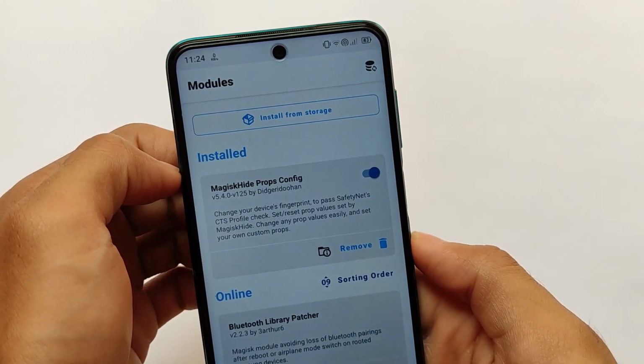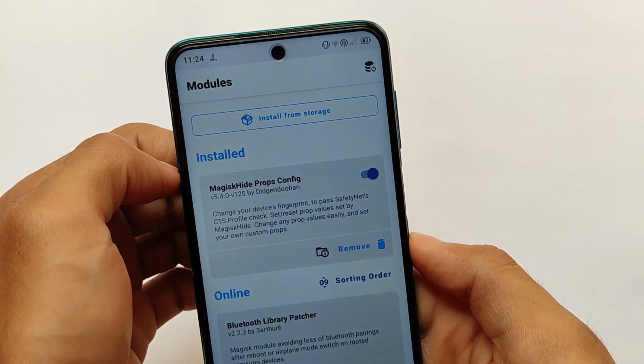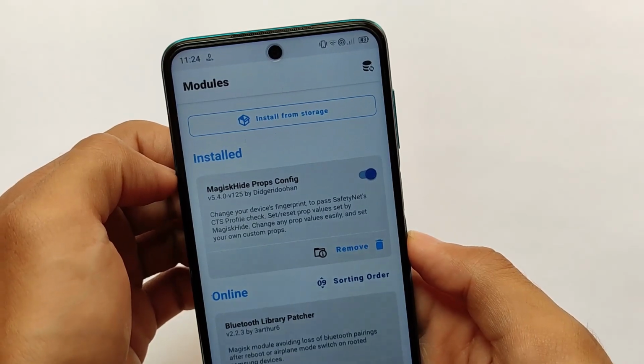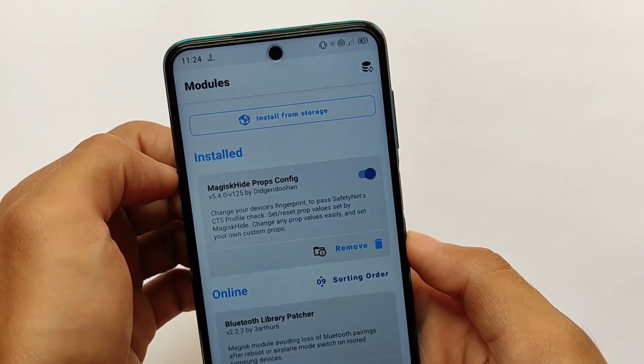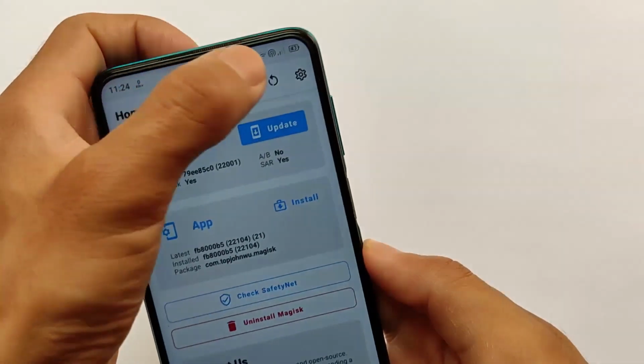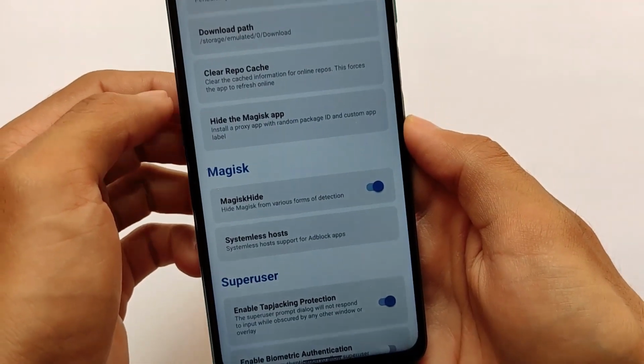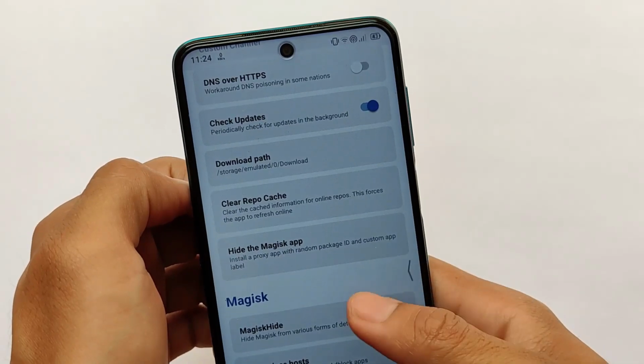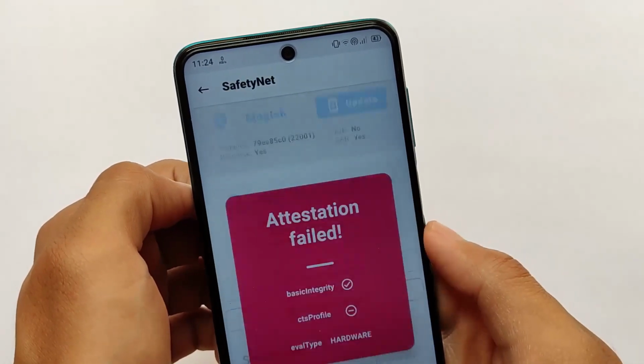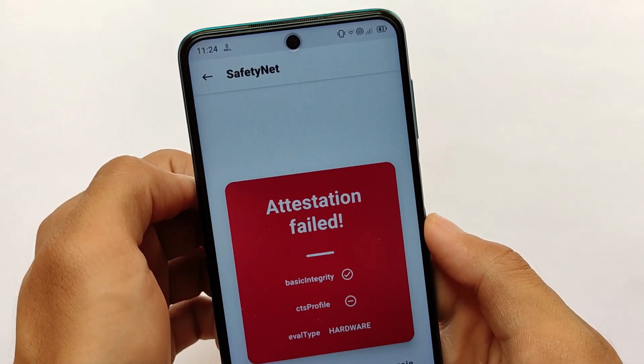You get Magisk pre-installed. This one is a module which I've installed, but due to the ROM I am not able to use it as my daily driver. This is why I didn't try to pass the safety status, because I don't want to use banking apps on my device. I would need to use Termux for that and change the device fingerprint. I will be able to use the banking apps, but I am not going to use this.